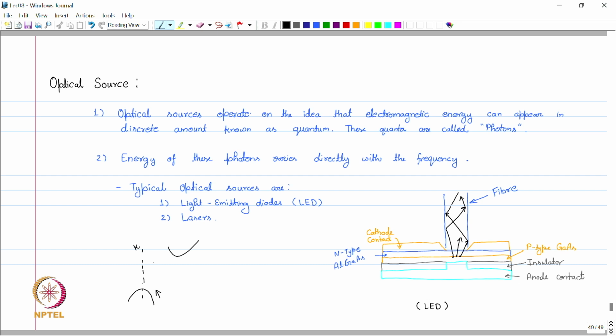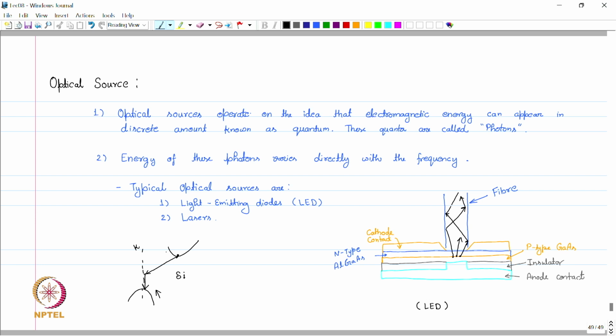So, this and this is the band gap for silicon. This is an indirect band gap material. So, when an electron jumps from this minima to the maxima, it has to take two paths. One is from here to somewhere in between, and then it has to jump from there,